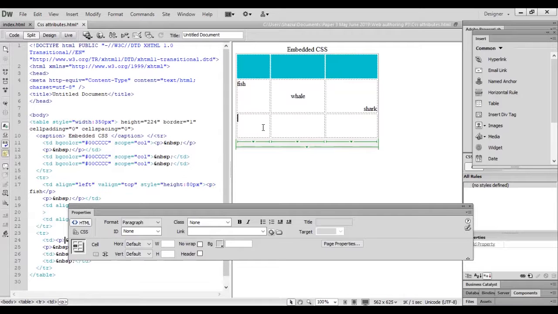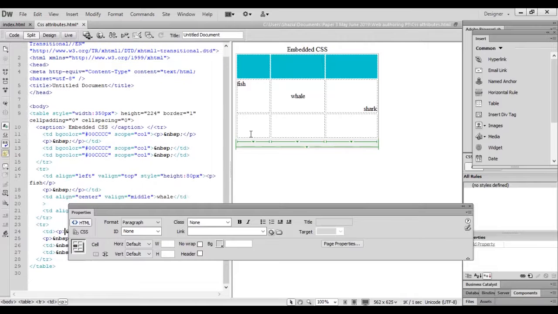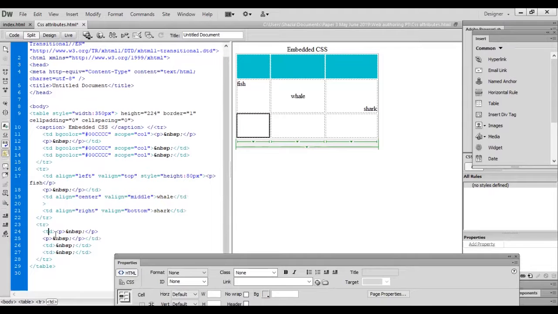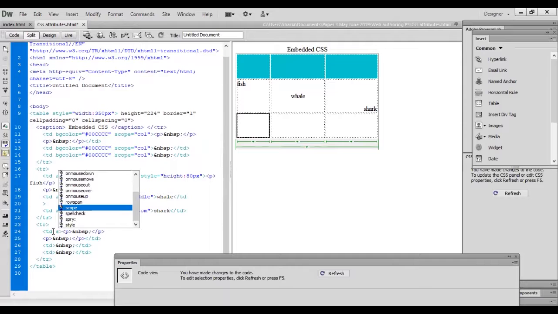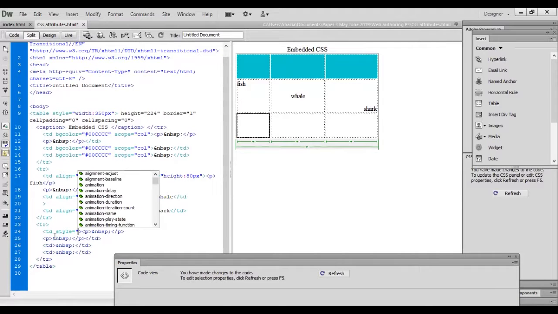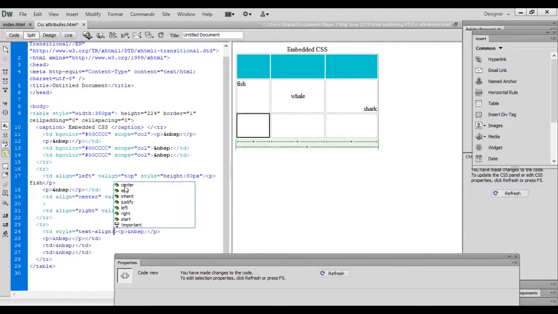Right here, bring your cursor and go and check. In your page property, bring your cursor and use style attributes. Style is equal to text-align is center.